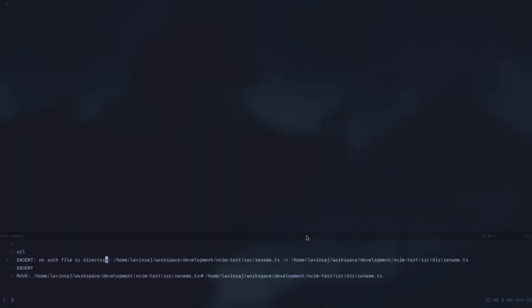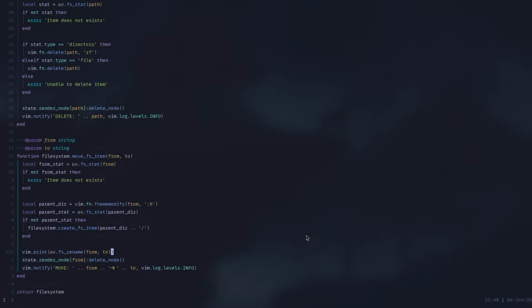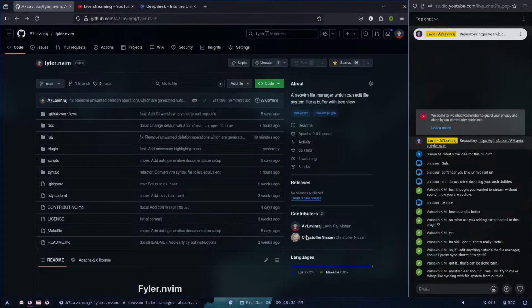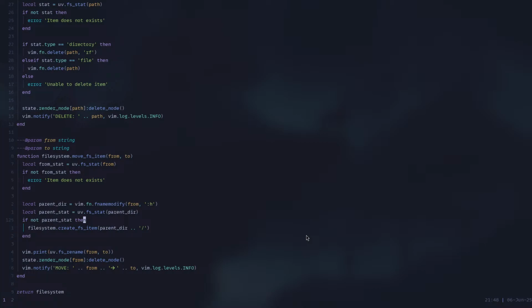No such file or directory. There is no such file or directory. That means we are unable to create the directory here. But why? I want to create it. Why is that failing? If there is no fstat, that means there is no directory there, and we will